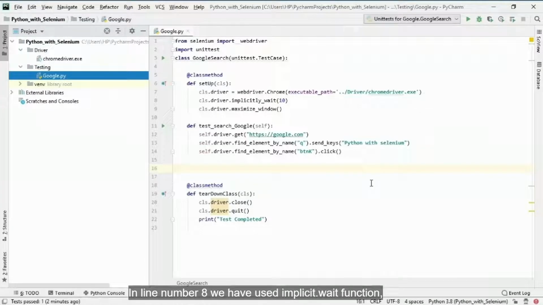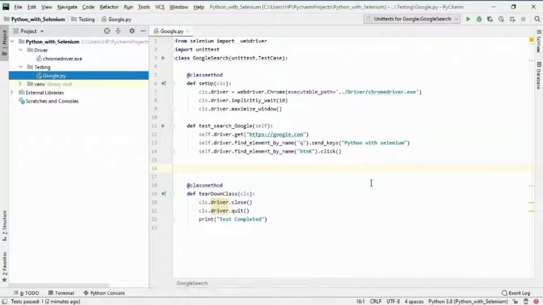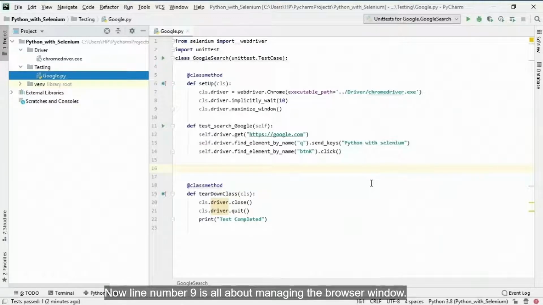In line number 8, we have used the implicitly_wait function to ensure that the compiler waits before executing the next statement. Now, line number 9 is all about managing the browser window, where we have written the driver.maximize_window command, which maximizes the window as soon as it is loaded. In line number 11, we have defined